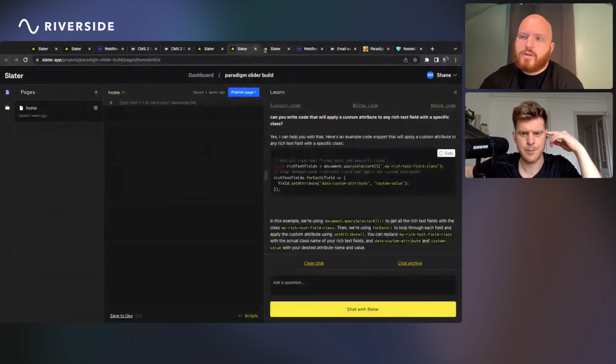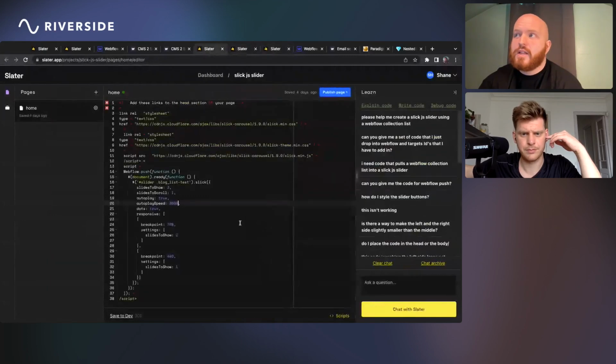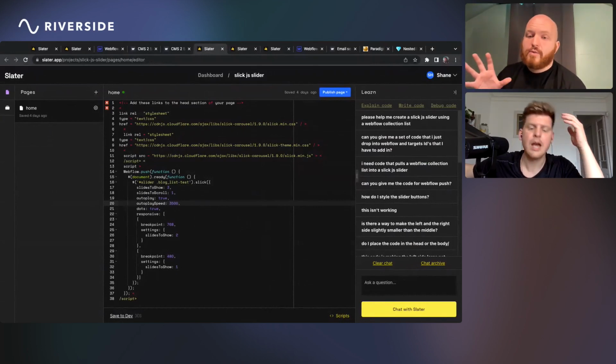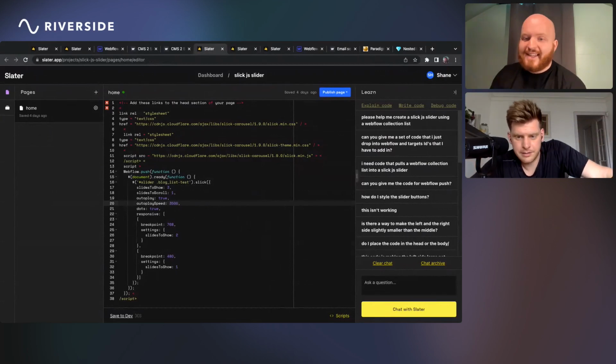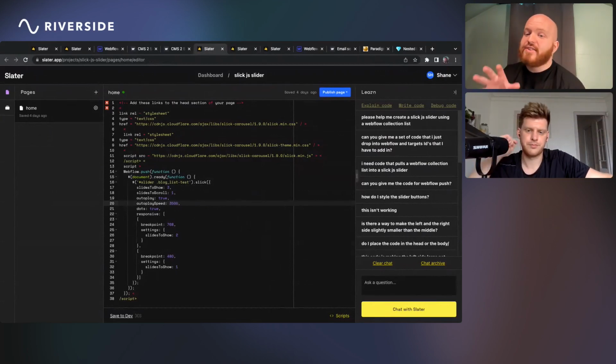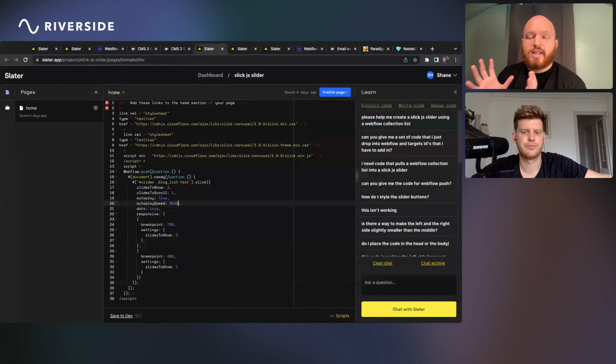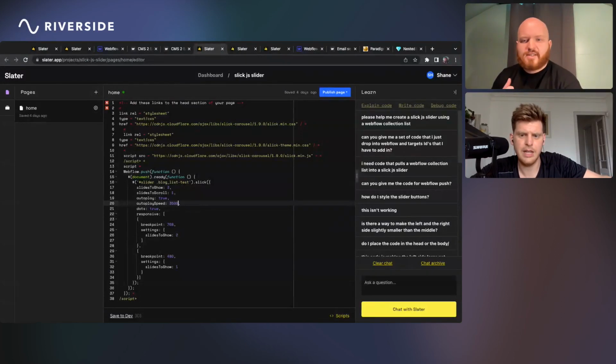So the Slater code, let's look at it again, is actually just showing slides. So no matter how many pieces are in the collection list, it won't change much. They could fill this list with 30, but we'd only see three on the screen. Does that make sense? Yeah, definitely.